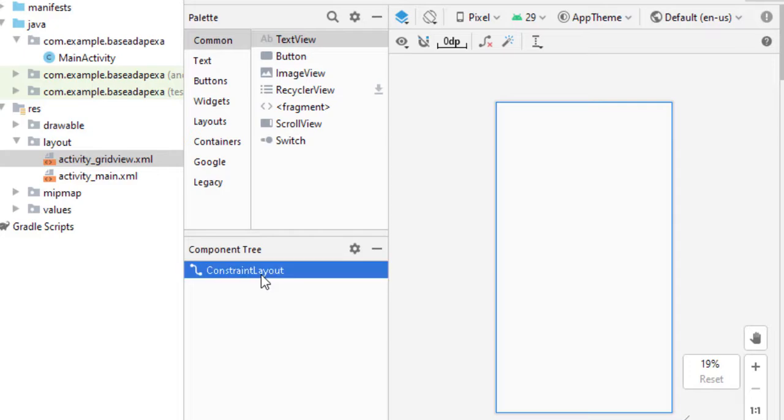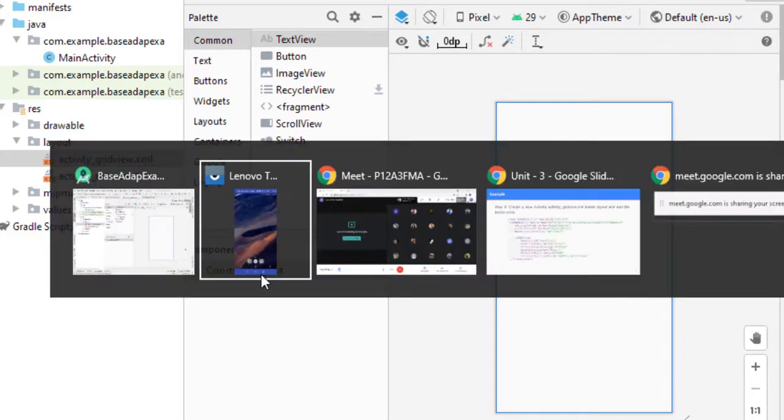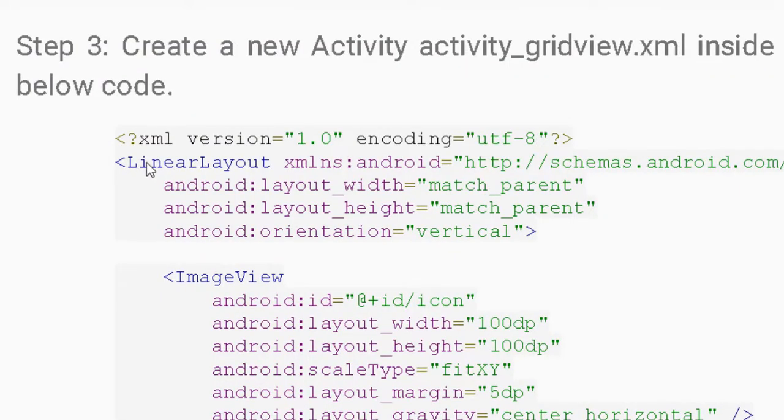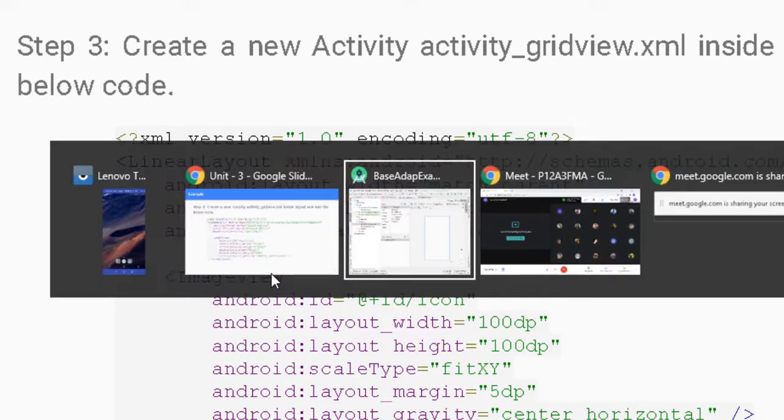You may see here constraint layout, but as per my code we need linear layout, and under the linear layout we can set match parent as the height and width, orientation as vertical, and we are going to add a new view that is called image view. Let me do that one by one so you can get the idea.